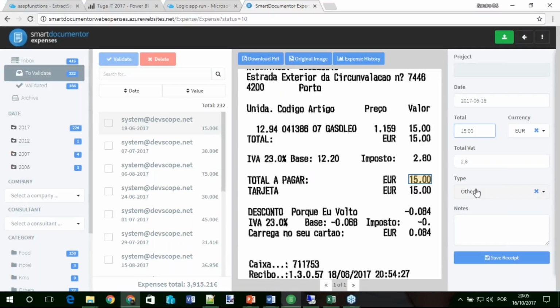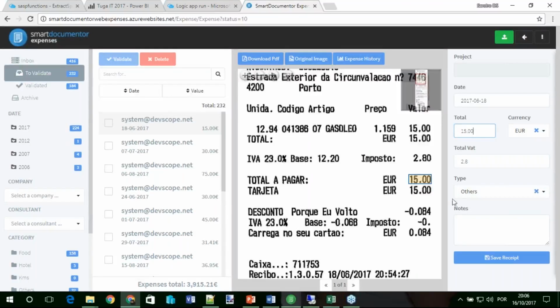Based on the type of data that we are extracting, it will tell you that this is oil, food, traveling expenses like taxi and so on, and others is a generic one.